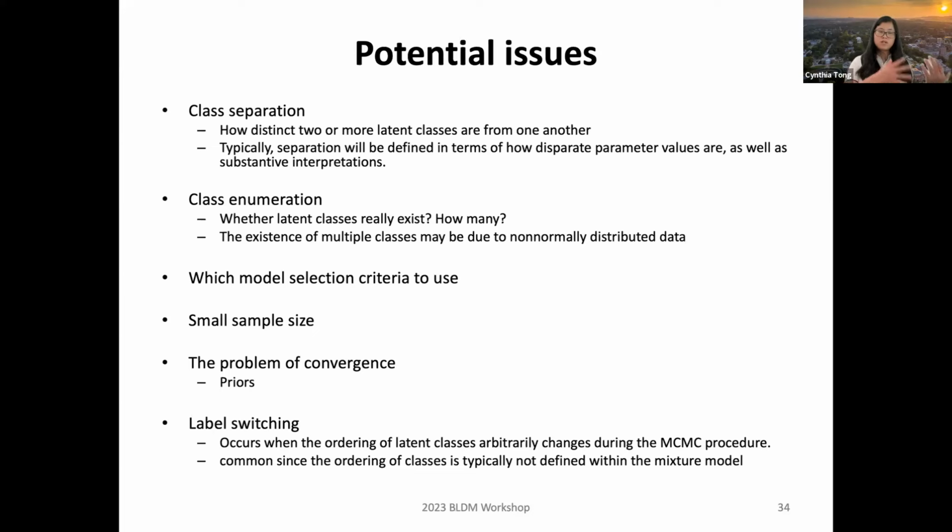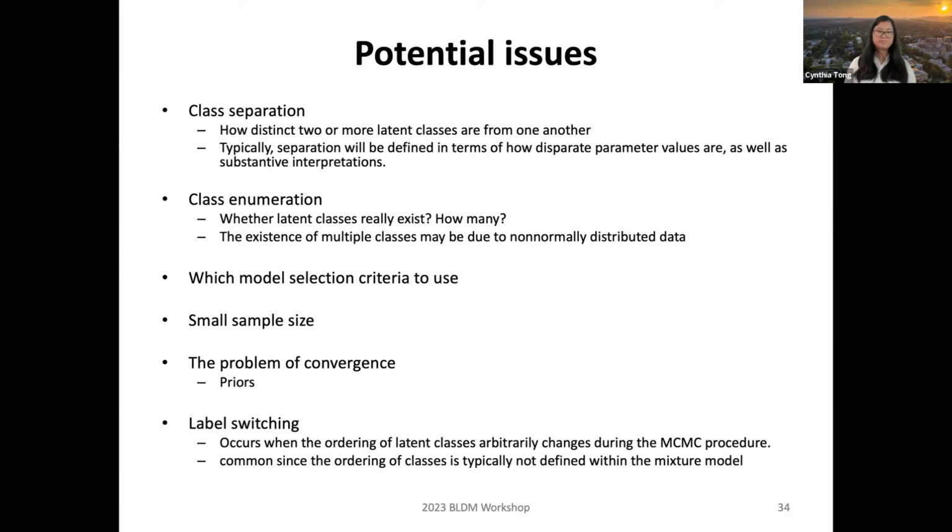For example, one criterion may prefer a 2-class model, the other prefers a 3-class model. Which one do you want to use? In that case, it may depend on the interpretation of the model. We also need to look very closely at the posteriors and see whether a 2-class model or a 3-class model makes sense. And we said even for the WAIC or DIC, we want that to be based on marginal likelihood, right? Not